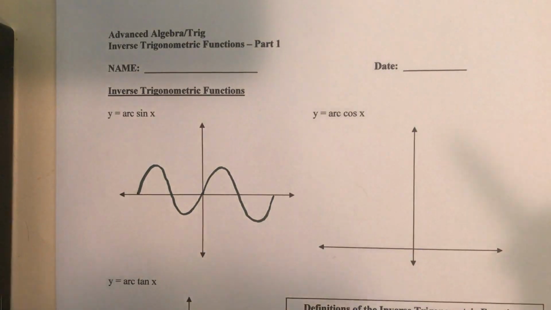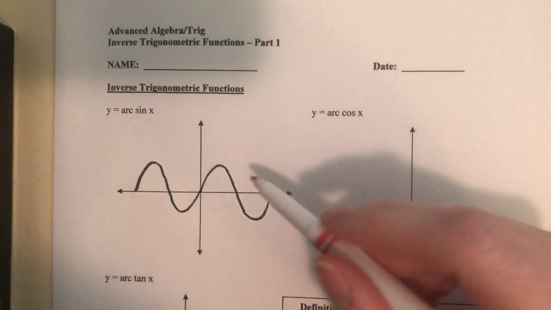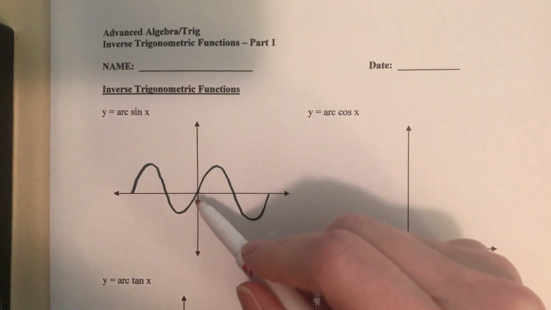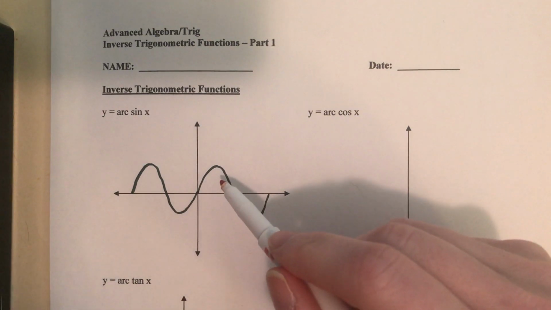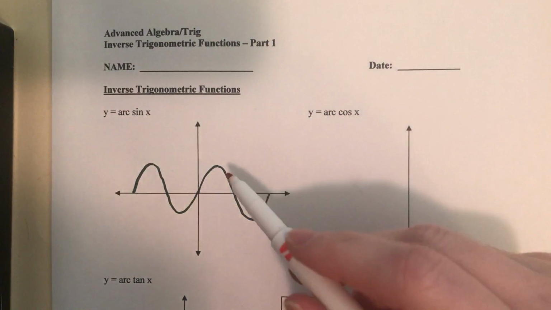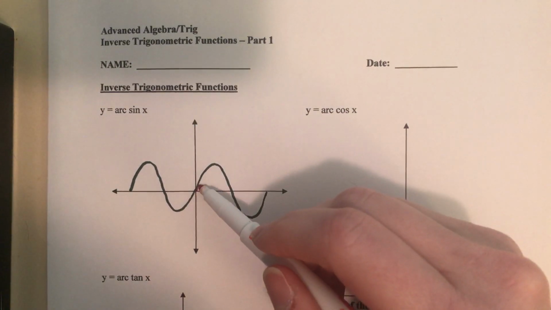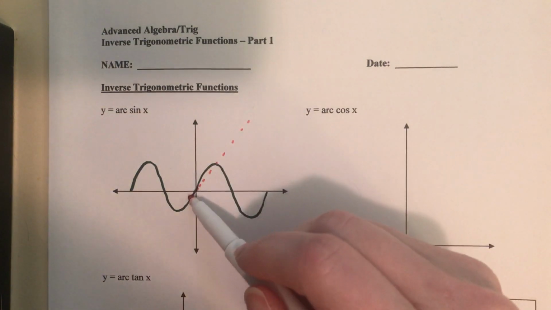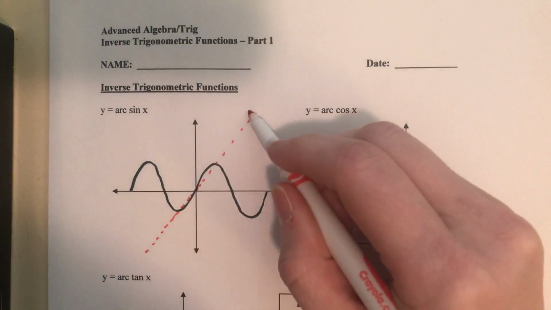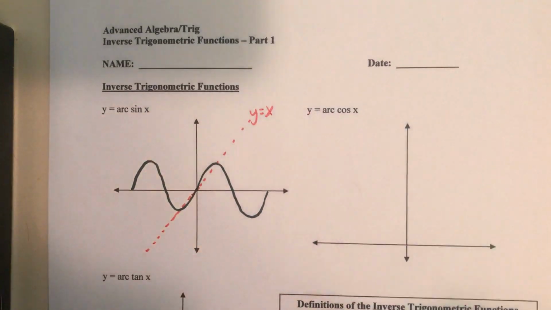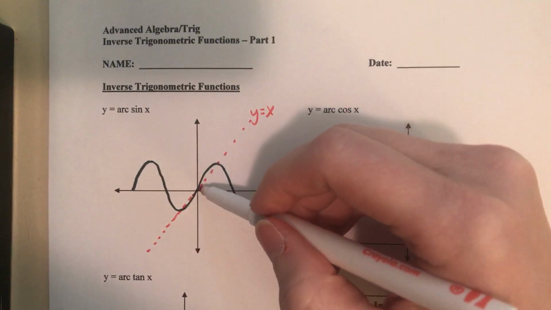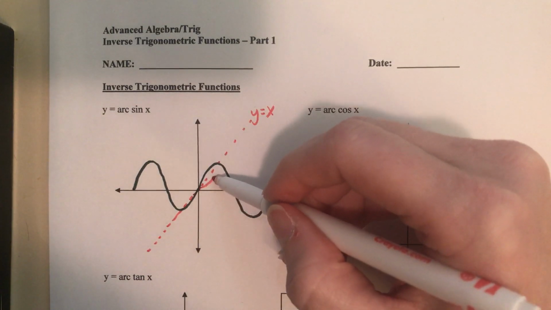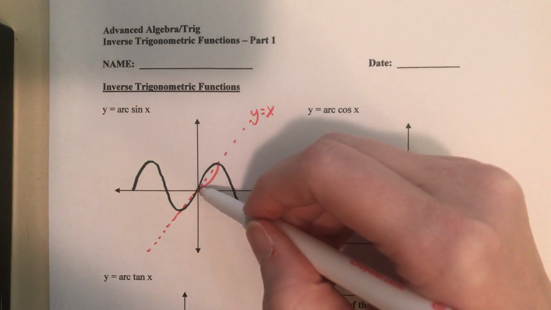Now, we're going to sketch a graph of the inverse trig function. So, what an inverse looks like. Back when we did inverses at the beginning of the year, inverses reflect over the line y equals x, which looks like that. That's our line of reflection. So, if I carefully draw a reflection of this line,